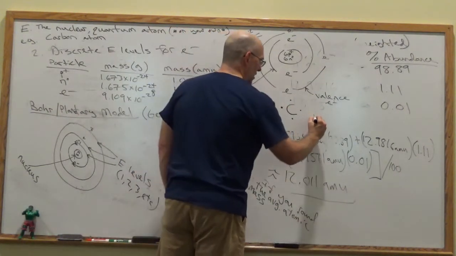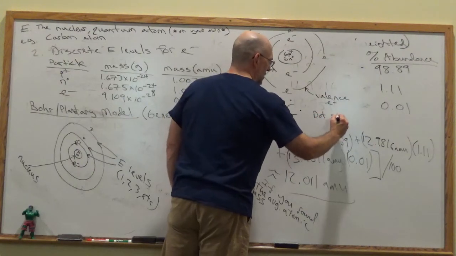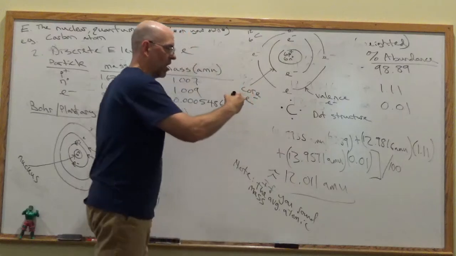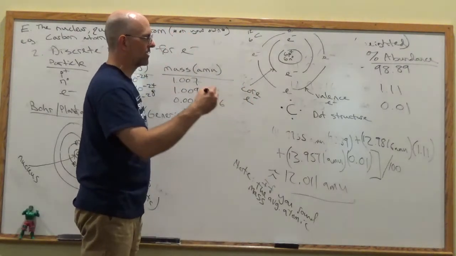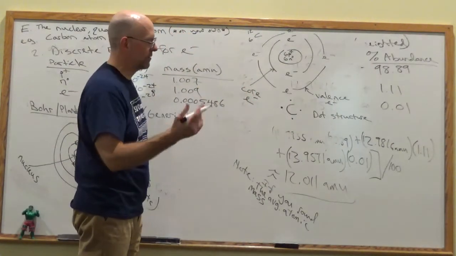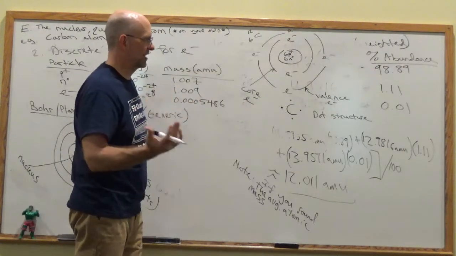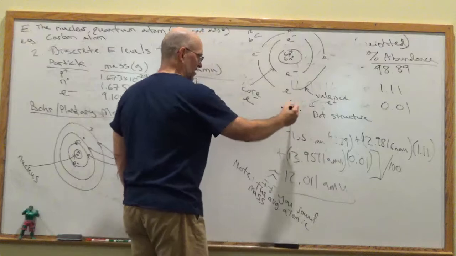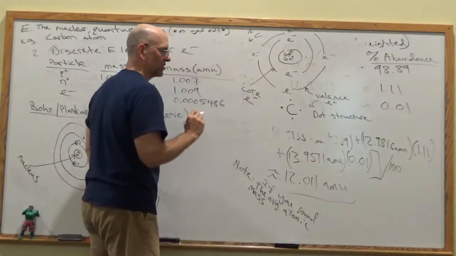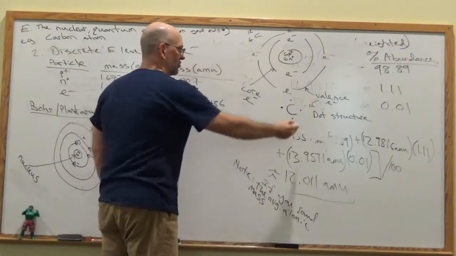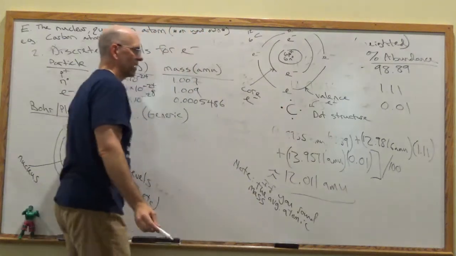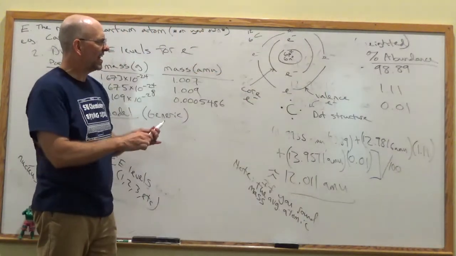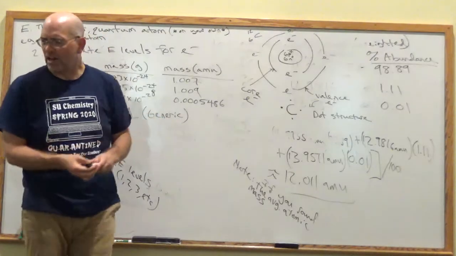This is called a dot structure, or an electron dot structure, or a Lewis, named after the chemist who came up with the idea. Lewis electron dot structure, and those only show the valence electrons. The core electrons are not shown, the nucleus is not shown, only the valence electron and what atom it is. That's a very useful shorthand that we'll use down the line. And I think that's enough. I think that'll be enough